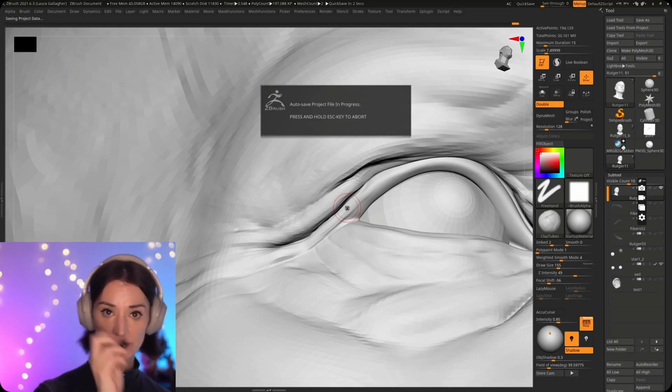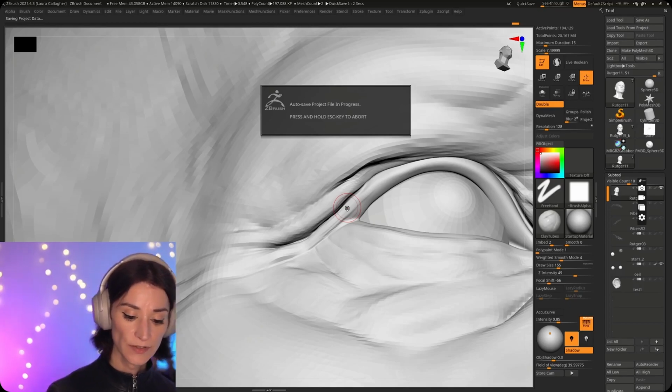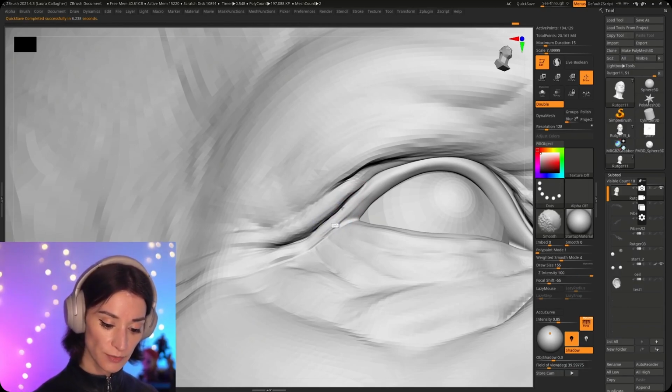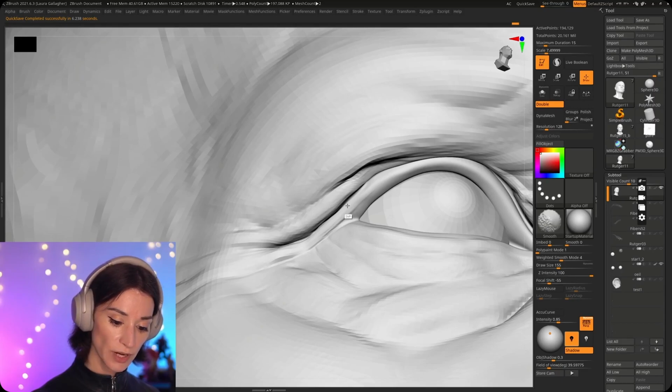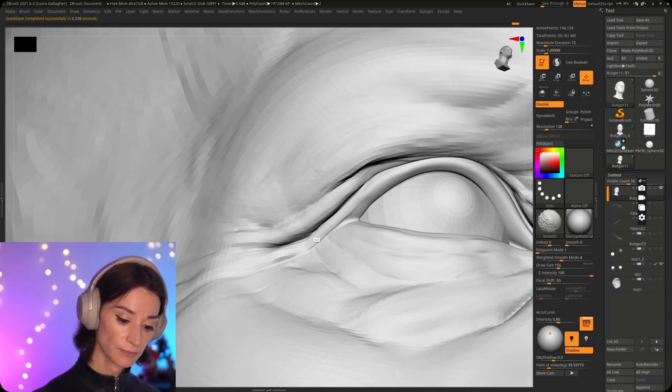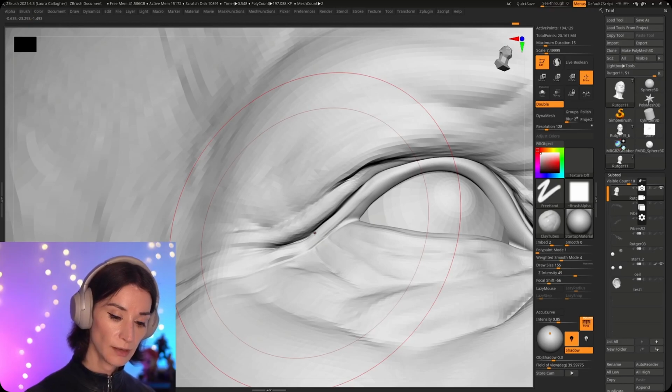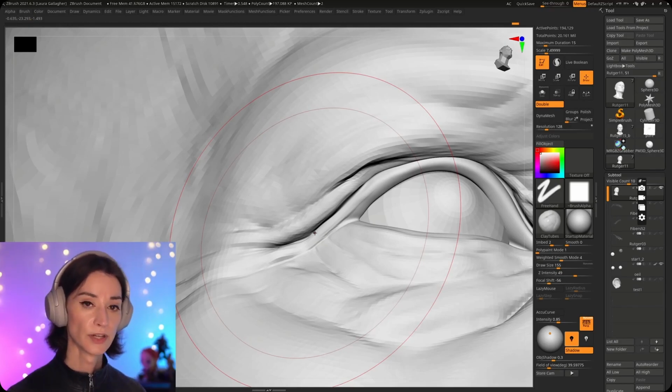I don't smooth in a different angle, else it's going to break it up. As I smooth this using my smooth directional, you can see that I'm straightening out the wrinkle. See? It's becoming straighter and straighter, but I am limiting the amount of